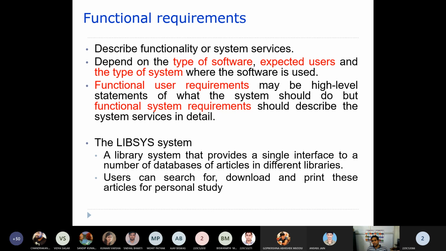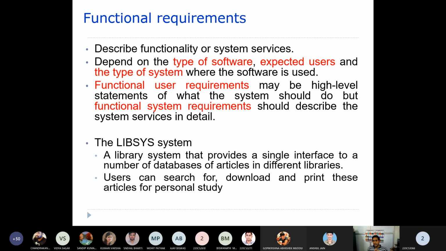If it is a banking kind of software, maybe it is a standalone application or a distributed application. In case of banking, it is a distributed sort of application. The software type is distributed, right? And what sort of users are going to use it? Whether it's only the people with a banking domain who are going to use it, or people without banking domain are also going to use it. So what sort of users are actually going to use that particular software, right?